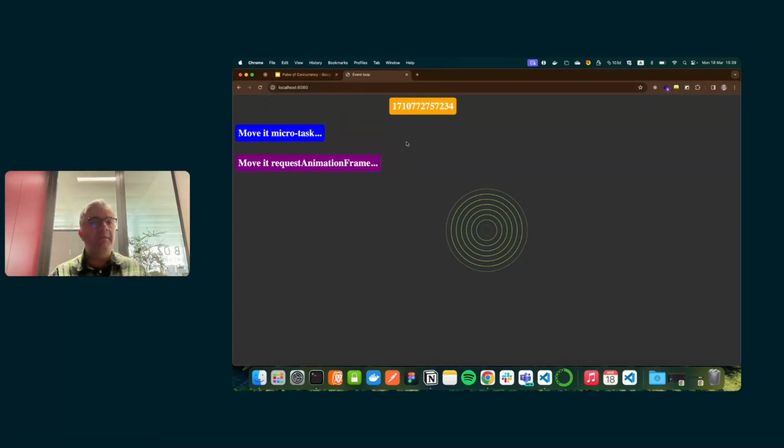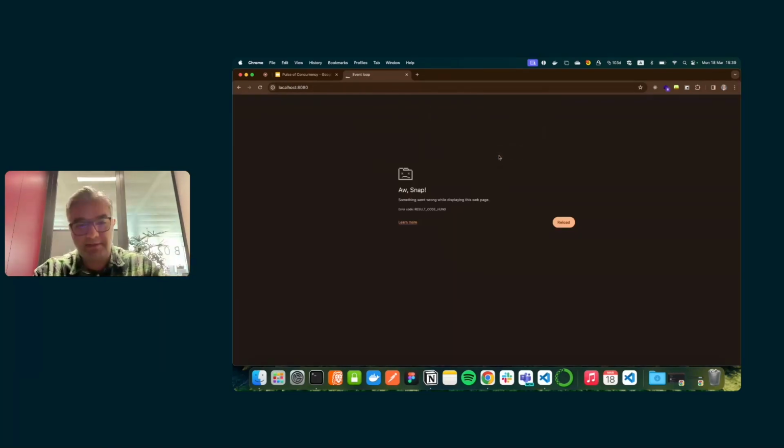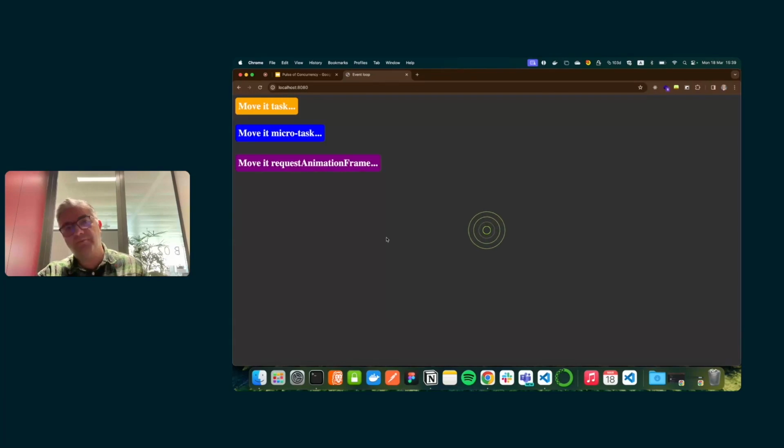Whenever we are dealing with microtask, since it tries to empty out the queue, our page became unresponsive because it doesn't let the browser do any rendering, and the main thread is always busy. But it didn't happen for the other ones, right? With the task and requestAnimationFrame. We can wait or exit the page. I guess it doesn't give us a chance, so we just need to exit the page.